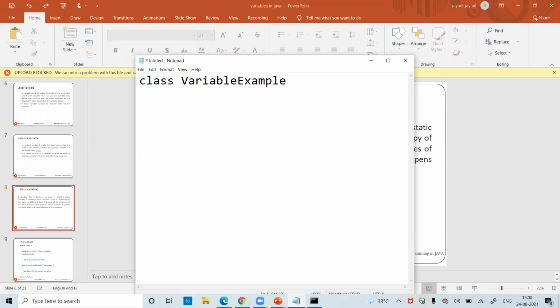Okay, this is our program. Now within that, as you know, first we write public static void main. Within that, String, that is the data type, args array, within the square brackets, then bracket. Close that bracket and close the bracket of class also. Now within this bracket,